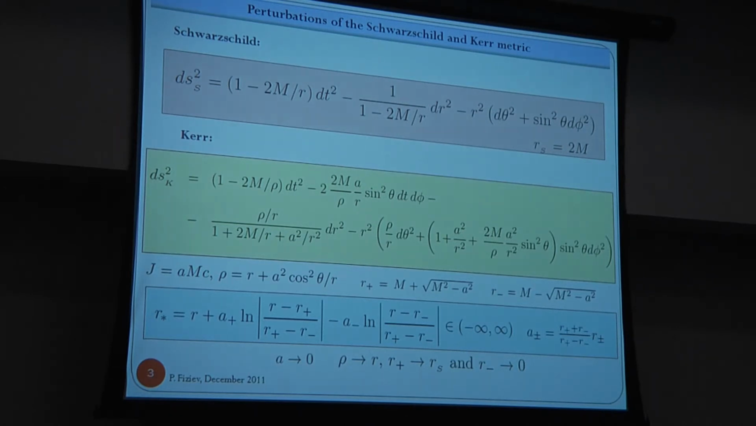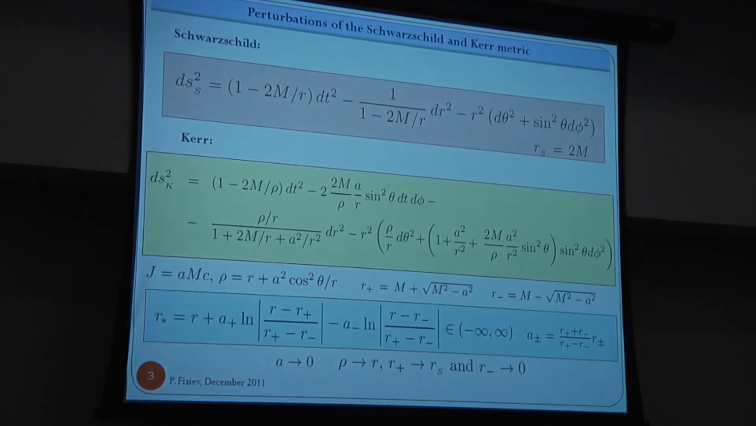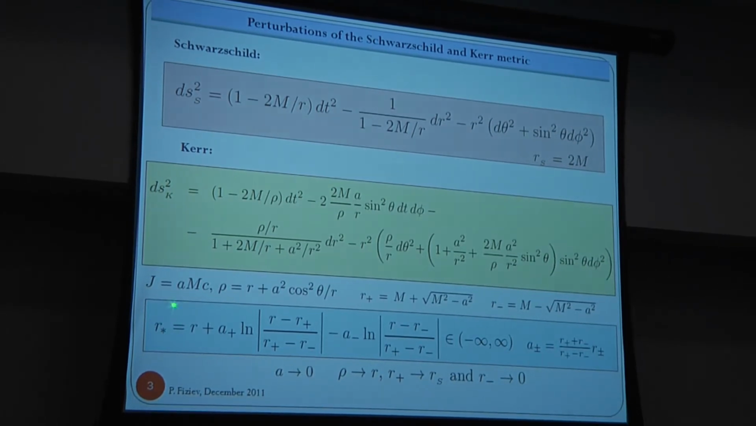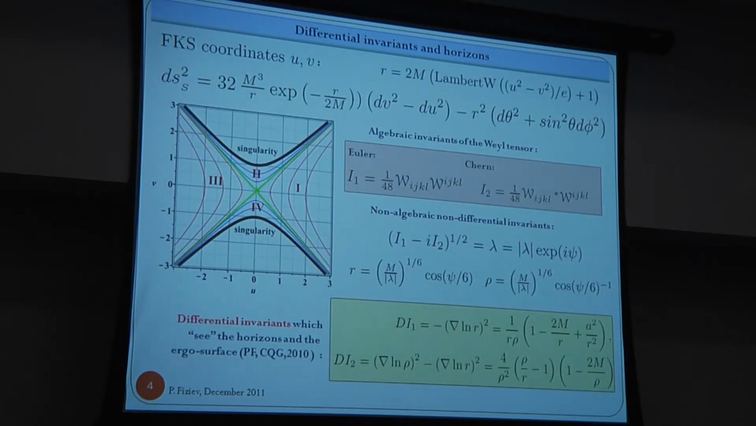I make some little changes in my notation. Rho equals this quantity, and it is convenient for me. I will use the Tirtus coordinate, which is defined in a slightly more general way, so it may be used both outside the horizons and inside the horizons of Kerr black hole. Everyone knows this picture for